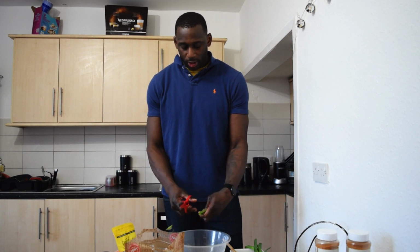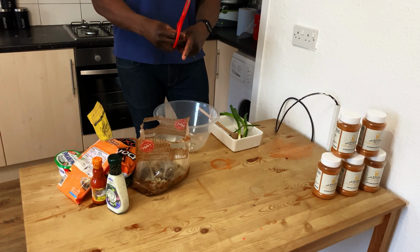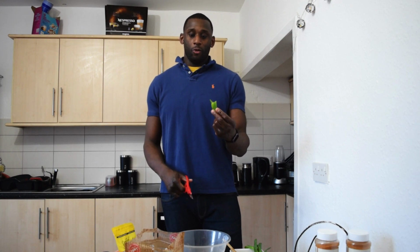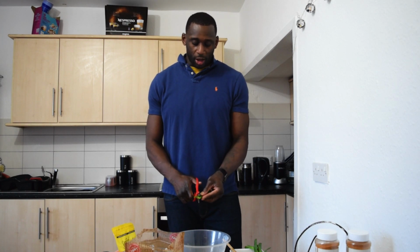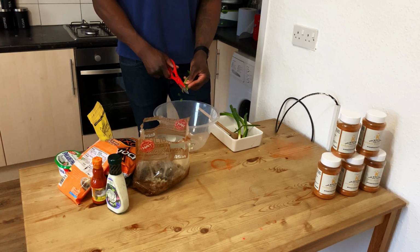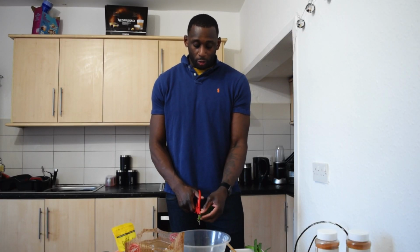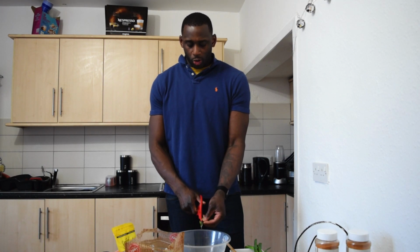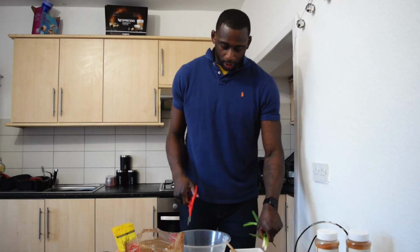The white part of the spring onion is a lot more, I guess, oniony tasting, and the green is a lot more mild, and you can use these. If you ever need chives and you haven't got any, you can use these as a substitute. It's the same kind of thing. These are just huge chives, basically. Sometimes when I make my ranch sauce, it's hard to find chives, so I'll just get a spring onion and use the tops, the green part. Once you've got that chopped up,